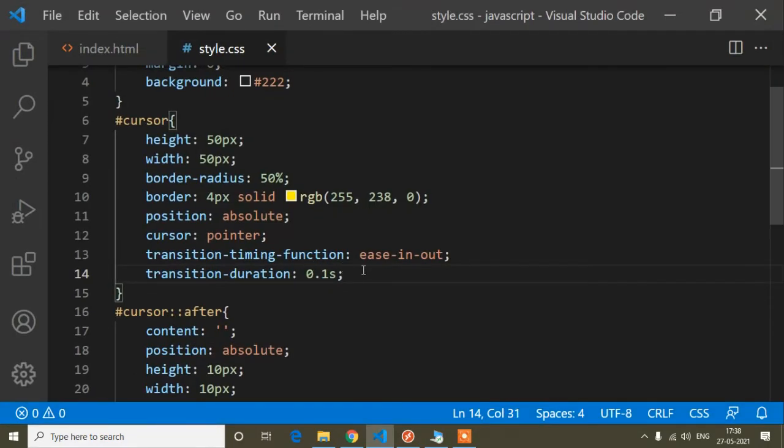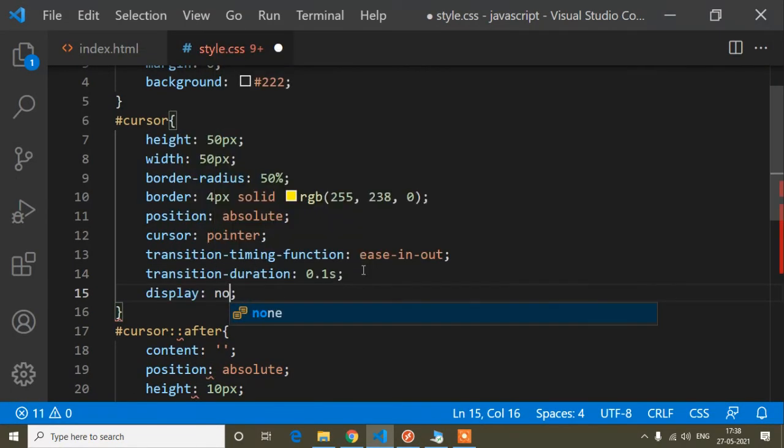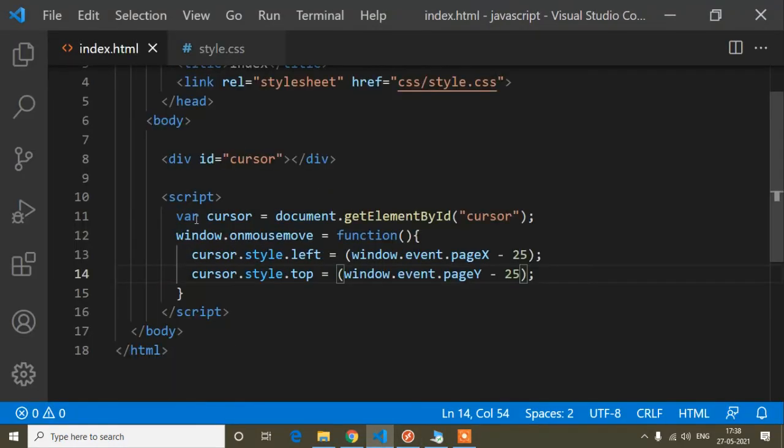You can set it as per your choice, whatever works perfectly. And another thing: when I refresh, you can see this element is showing by default. First I will hide this element, and when I start to move the cursor pointer, I will display it. So first I will write display none, so that by default the cursor will be hidden.